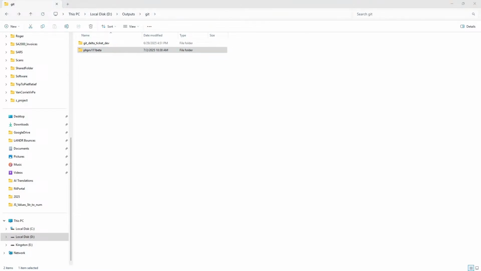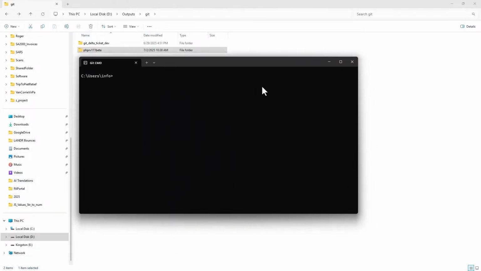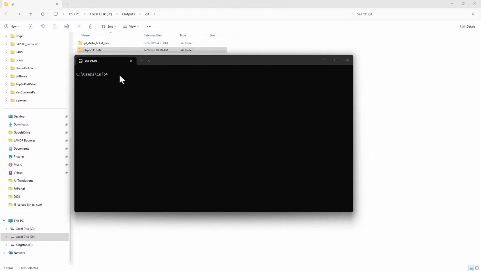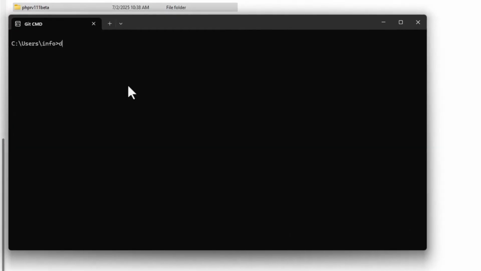Okay, so what are we going to do now? Something important now is the command line. First of all, I need to go to the D drive, and if you know how to do this, it's just D: and enter, and then you will switch to a different drive letter. I've done this so many times, so I think I must do this now here. Git initialize.